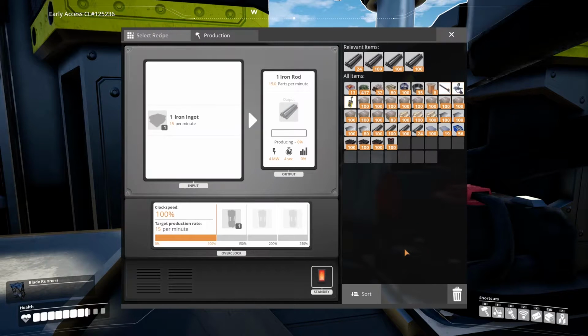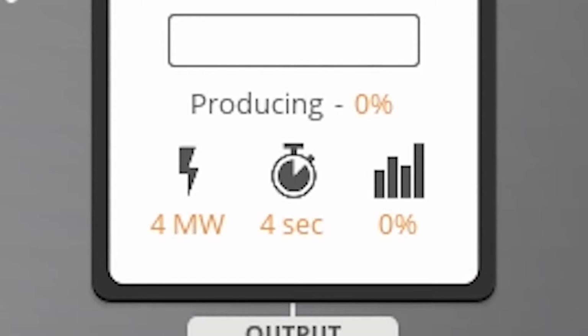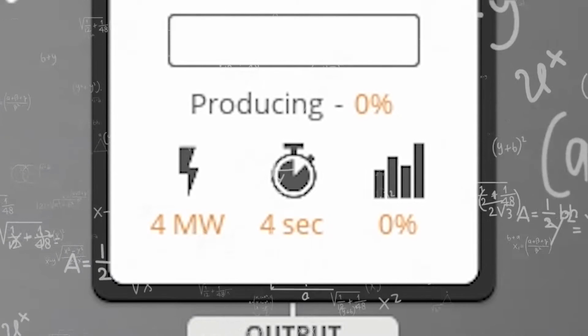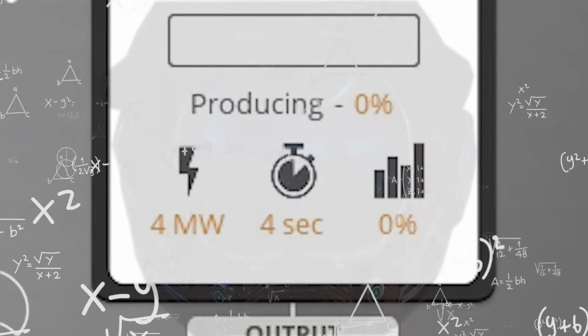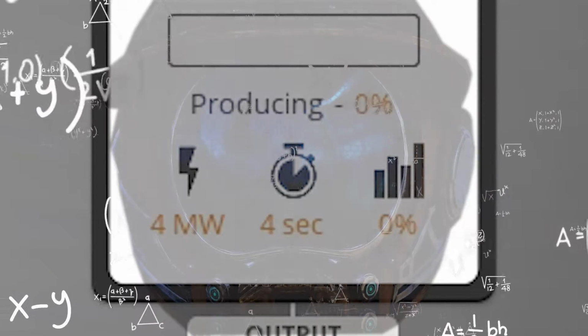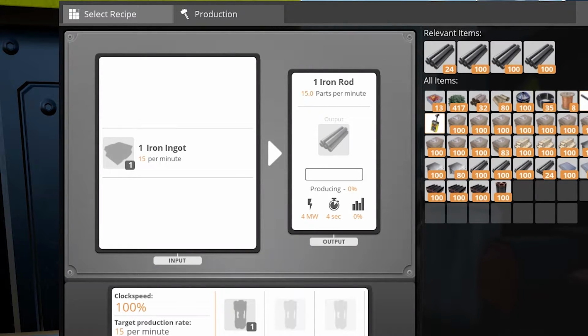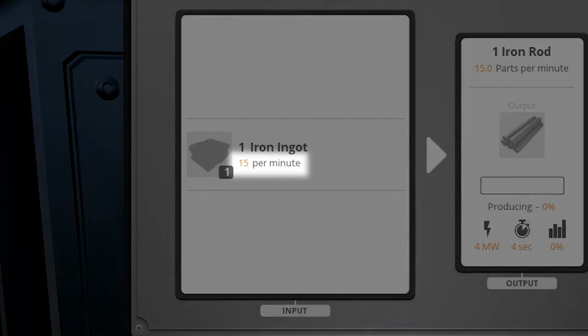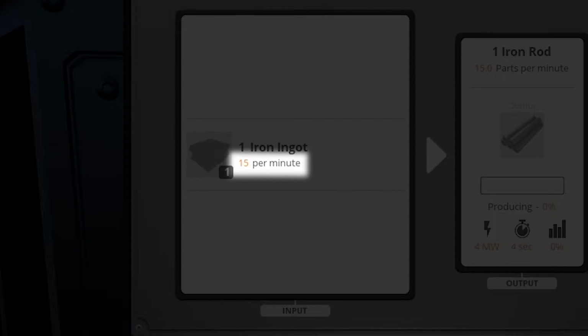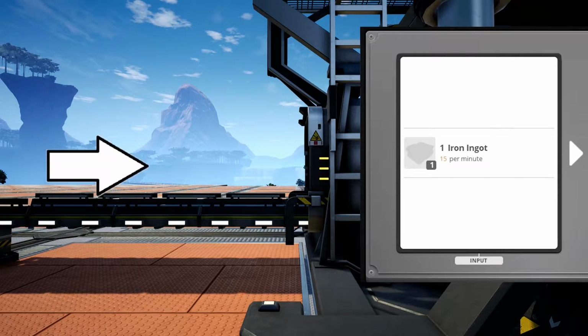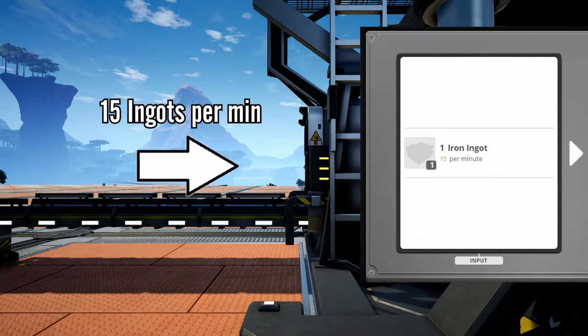You already know that a machine takes time to completely process an input item to get the product. Now all we need to do is calculate the inflow rate of items that match with this time as to not create any overflow or undersupply of items. Fortunately, we don't need to do any of that because they actually put the number right there. So that's awesome. So in this case, you'll need 15 ingots moving in every minute to make sure this machine